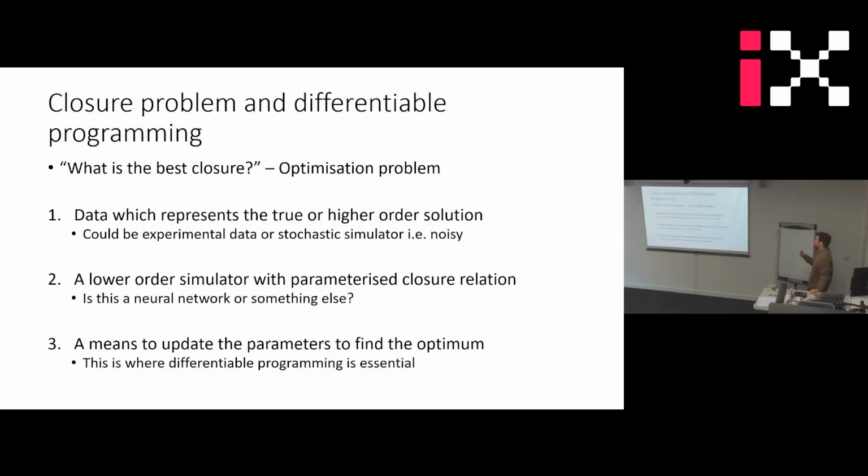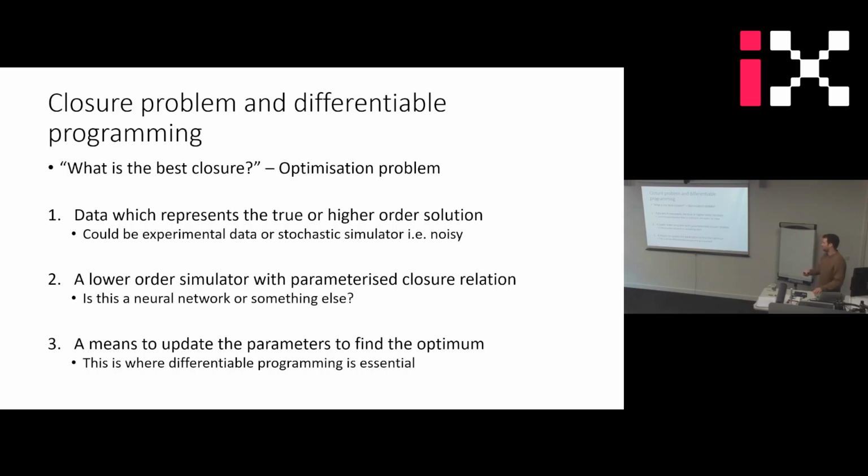So let's link that back to everything we've been talking about with the adjoint state problem and whatever. What is the optimization problem? What is the best closure? We need three things in order to do that. We need some data which is a better solution than what we've got. So either it's experimental data, or it's a solution to the full transport problem if we can actually pull that off, or it's just slightly higher order than the one we've got,